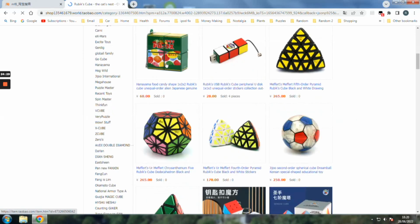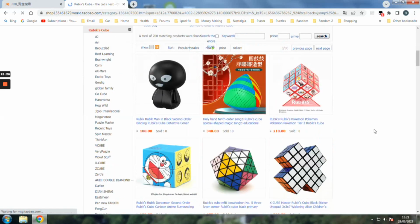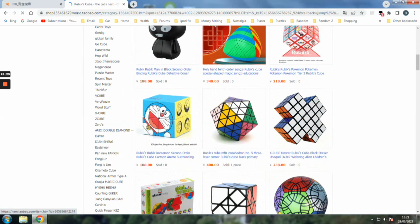In fact, I've already got a what would you call it, 2x2x1 or 1x2x2. It's not one of the Hanayama food ones though, it's a Z-Cube one. Yeah, I've never really cared for big-headed characters. Well, we've got this cool